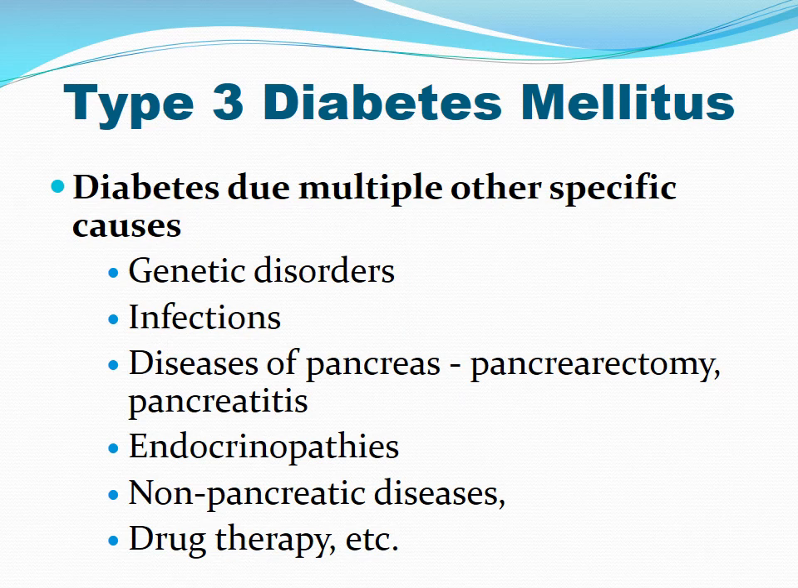Type 3 diabetes mellitus is diabetes due to multiple other specific causes, which include genetic disorders, infections, disease of the pancreas, endocrine pathologies, non-pancreatic disease, drug therapy. So this type of diabetes is caused by other